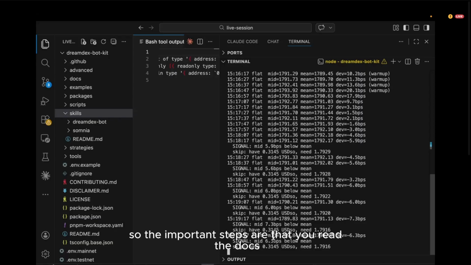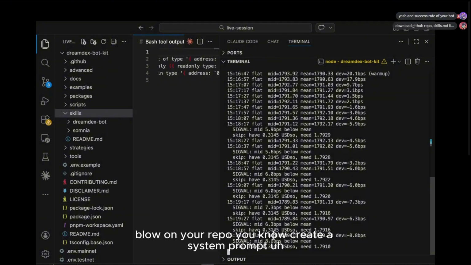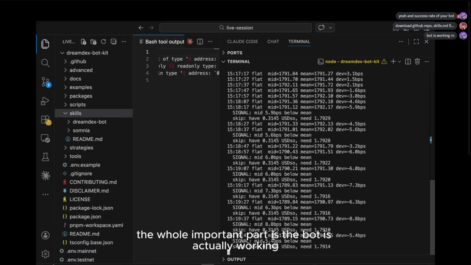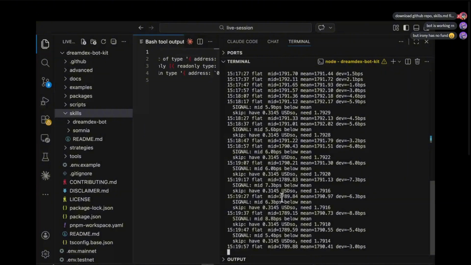I'll repeat the whole thing. The important steps are that you read the docs, read the rules of Algo Arena, clone your repo, create a system prompt, start deciding on the strategies to use, and then go crazy. Yeah, exactly. The important part is the bot is actually working. It's trying to place an order, but I probably tested it before, so it probably doesn't have enough USDC for actually placing an order.